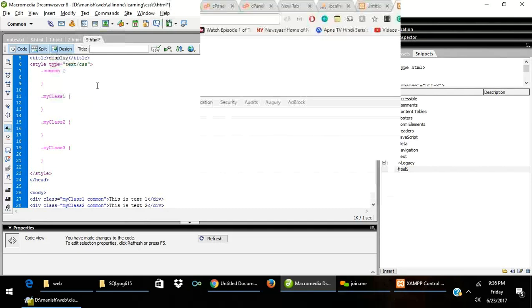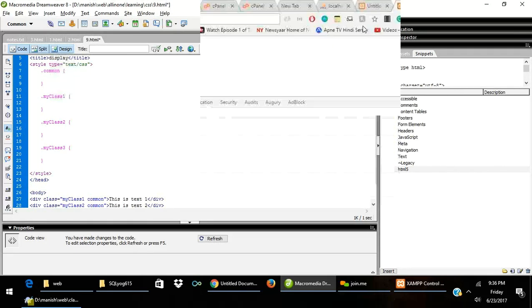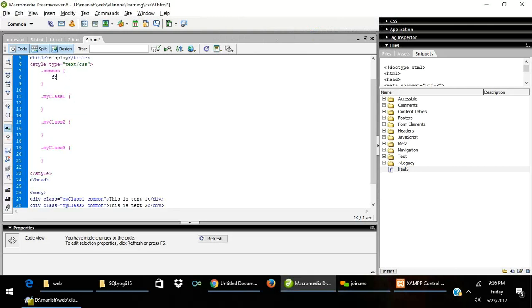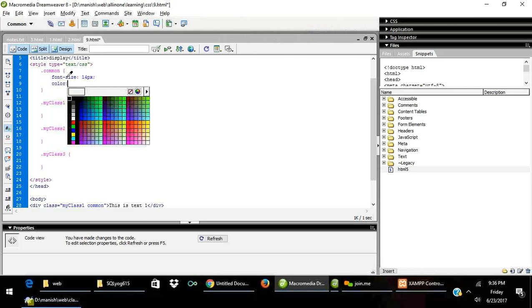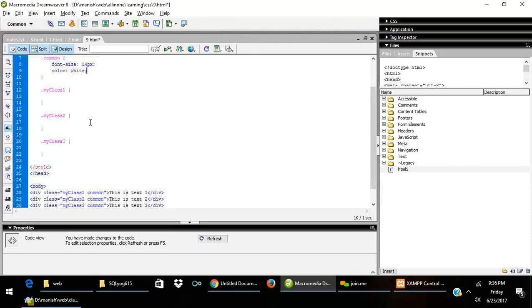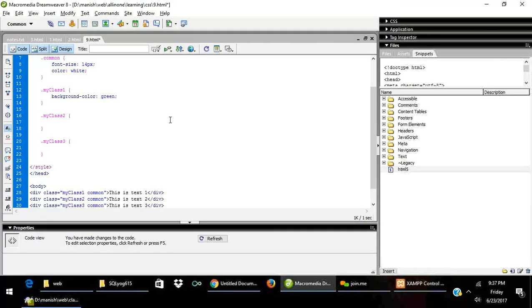So let's say I will say font. Let's go to the CSS panel, or I'll give it manually. I will say font size equal to, let's say, 14 pixels, and color I will say white. So each of these will be white color, and I will give here background color of, for example, green. Here I will give background color